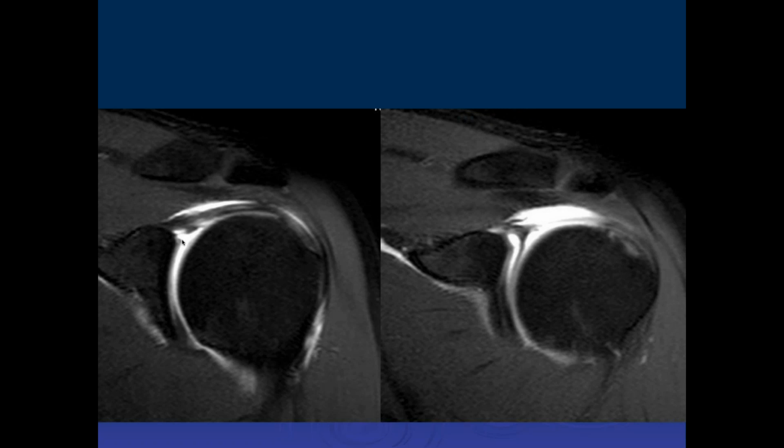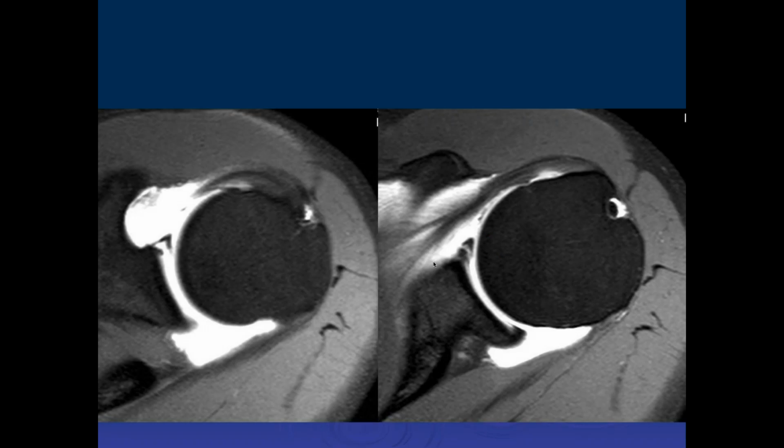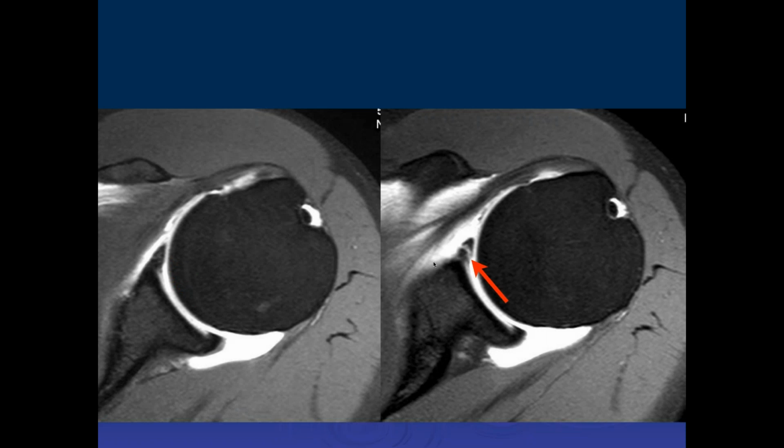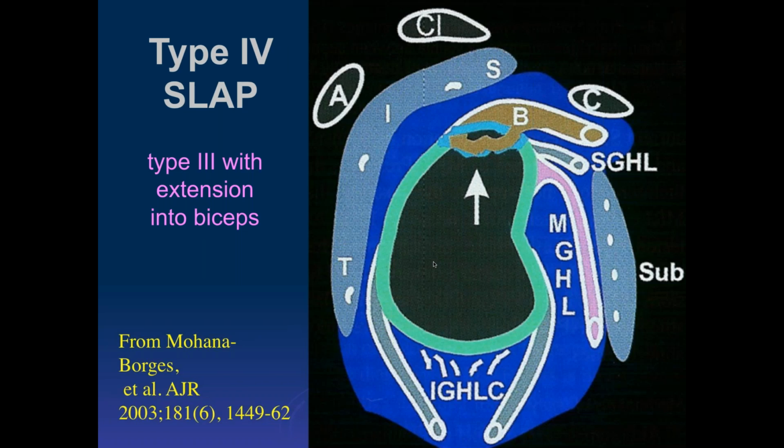Okay. And the tear looks like it involves the labrum, but does not extend into the biceps. And then we can see the tear extending here a little bit more anteriorly. On axial images, we can see it extending anteriorly as well. And then we finally get down to normal. And this was a type 3 SLAP. Again, I don't think types are all that important anymore. Back in the days when people were talking about treating the different kinds of SLAP, people thought they may be treated somewhat differently,